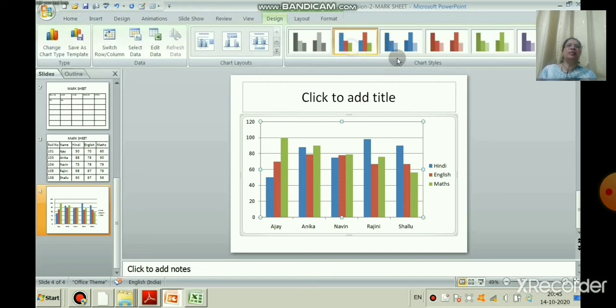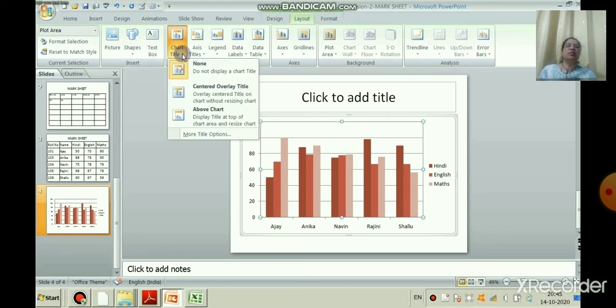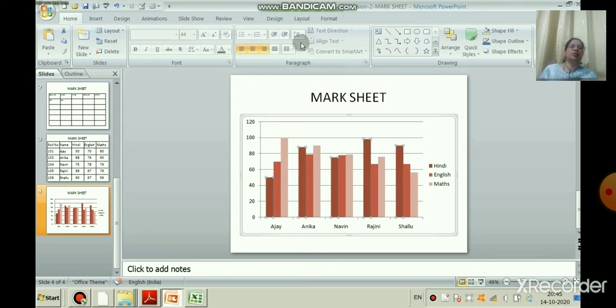So you can take the design tab and select different designs for a chart. Here you can also see 3 extra tabs in the chart: design, layout and format. If you want to write the heading, you can write here mark sheet.